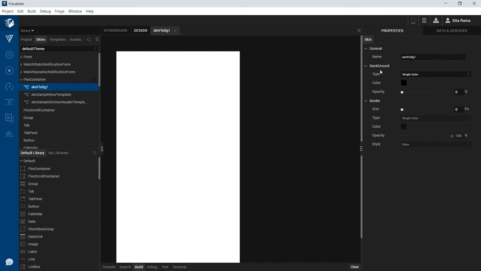I am following a naming convention that each skin that I create will be prefixed with skn, followed by the type of widget for which the skin is available and some logical name for that skin.